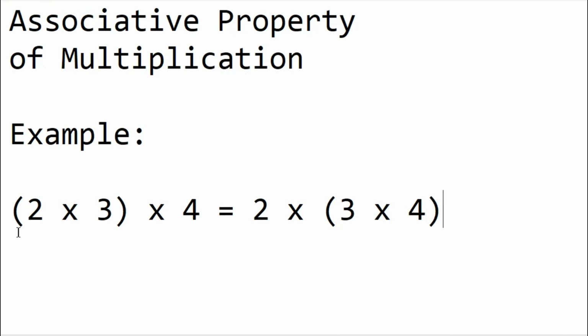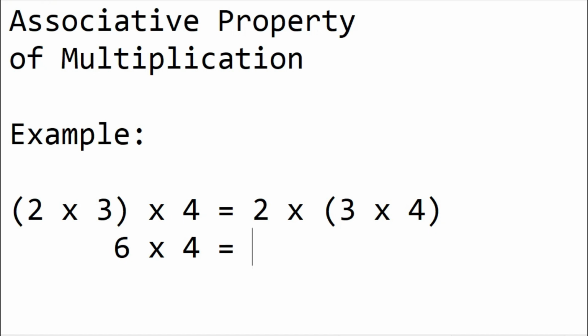meron tayong group ng 2 times 3 i-multiply sa 4. Then, sa other side ng equation, meron tayong 2. I-multiply natin sa group ng 3 times 4. To simplify, 2 times 3 is equals to 6. Then times 4